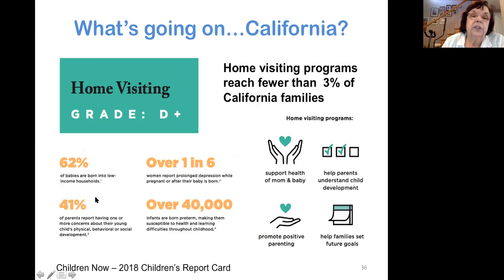62% of babies are born to low-income households, so that's automatically a risk factor. 41% of parents report having one or more concerns about their child's development. And we saw how screening isn't happening. 1 in 6 women report prolonged depression while pregnant and after their baby's born, and over 40,000 infants are born